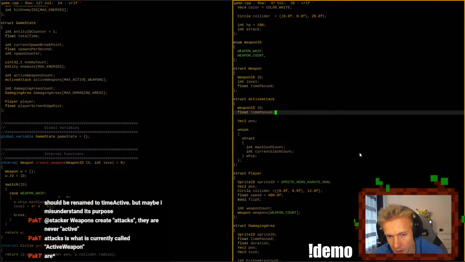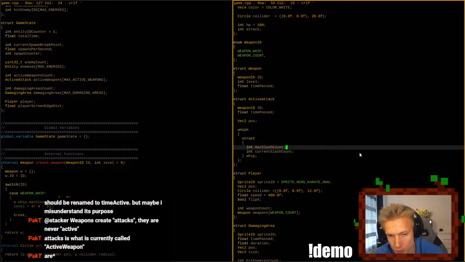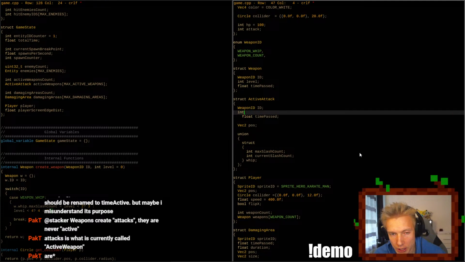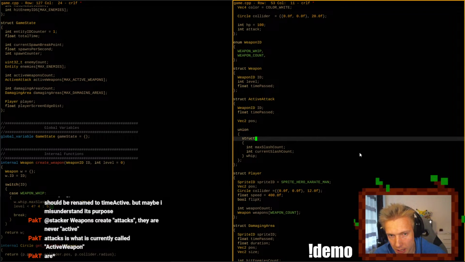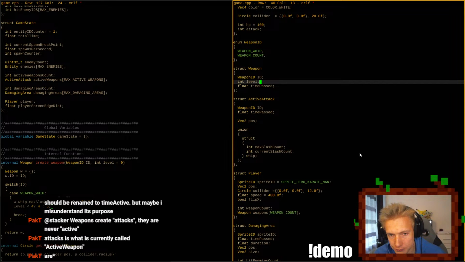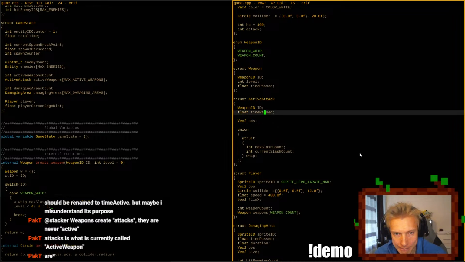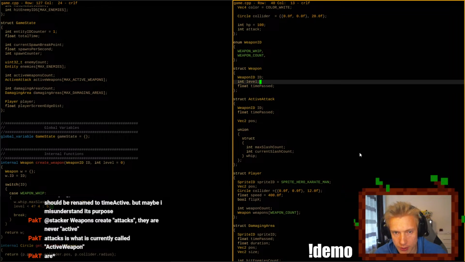Like we could either have a maximum/count here, or an int level on the active attack. I think I'd rather set it like this. And then we have the level on the weapon. We don't duplicate the data.